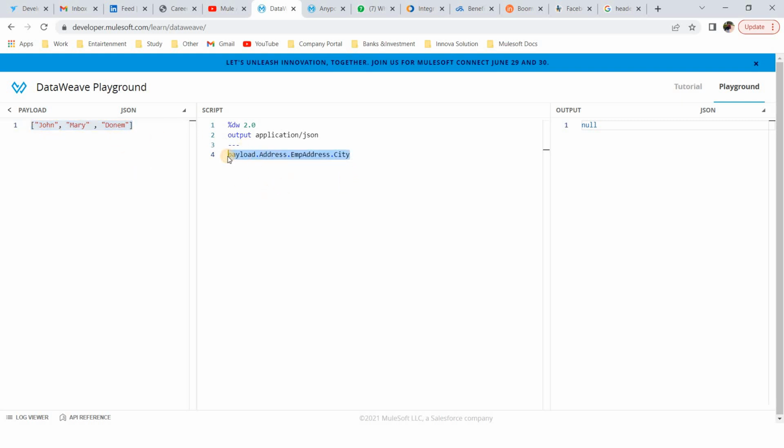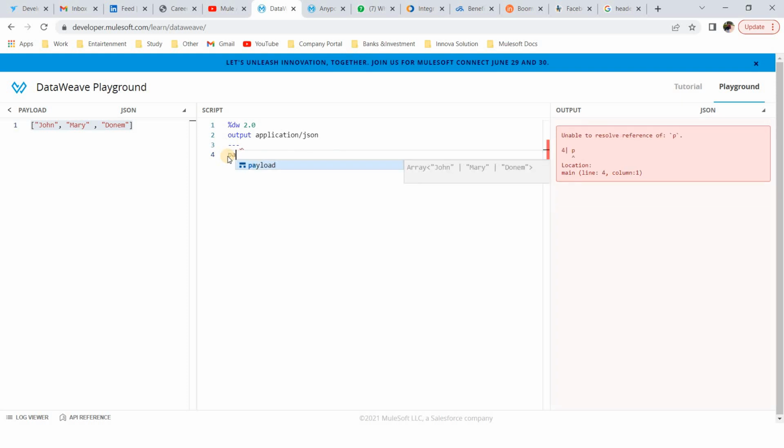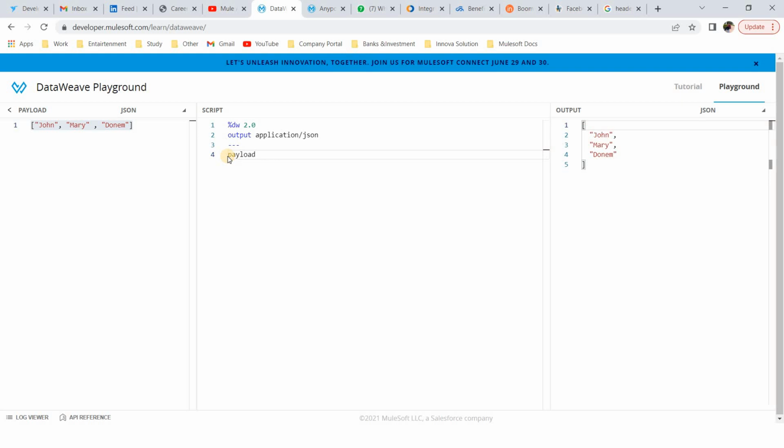Now I'm going to read it. Let me first print the payload, so you will get this array, with whatever is defined there. Now I want to read the second value, Mary only. I don't care about the first and last one.